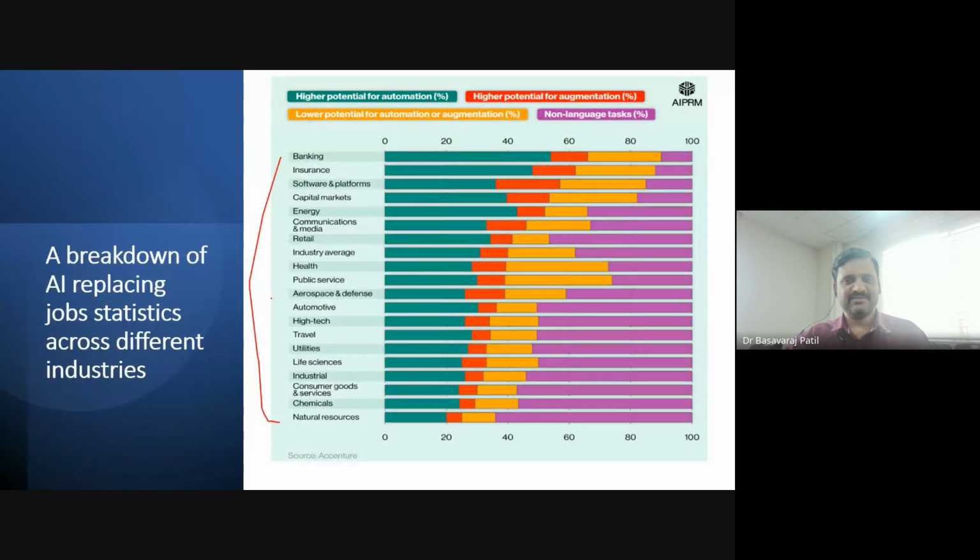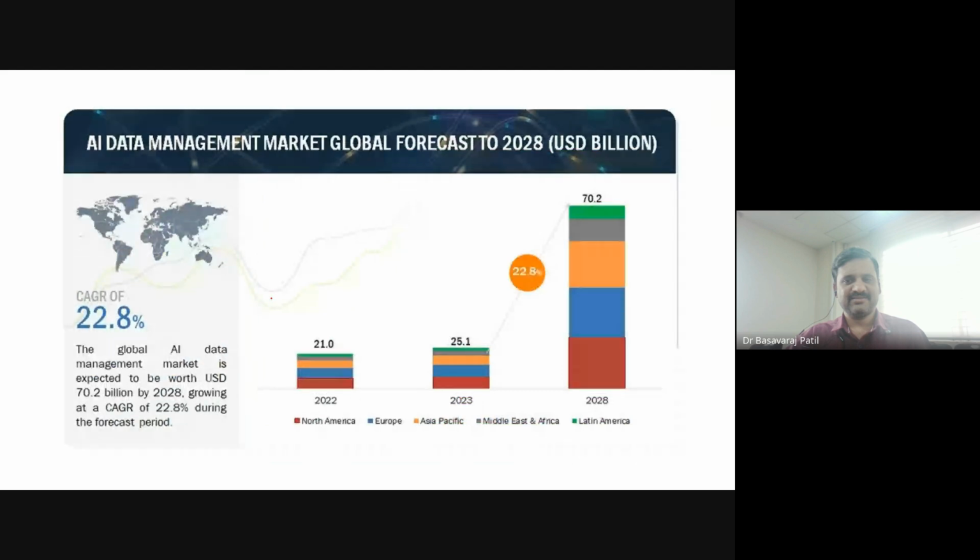But how AI is getting into it, it is being done by the developers. So as a statistic, from a job perspective, in different automation processes which are highly automated, they are integrating AI-based technology, but in none of the sectors are they replacing 100% of the jobs. Maybe it comes to 20-30%, not to make you lose a job, but in order to improve the job, AI is required. And the global forecast of the data, up to 2028, shows the data growing 22.8% during this particular period.